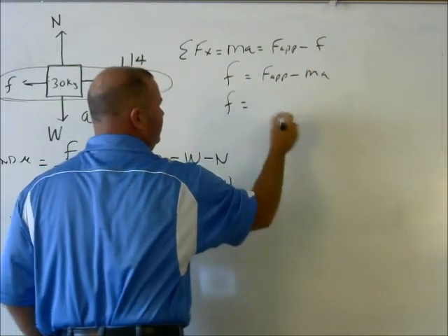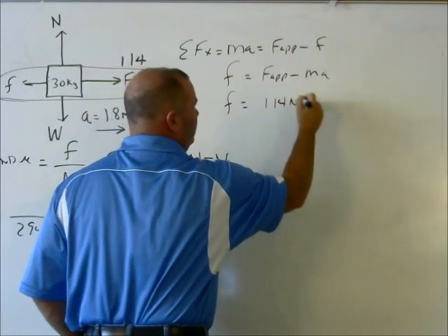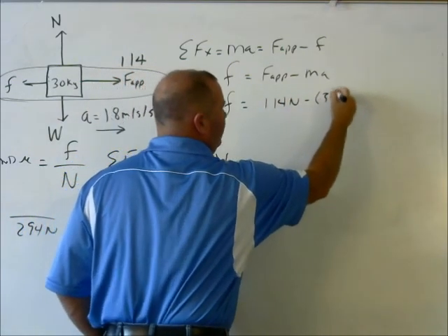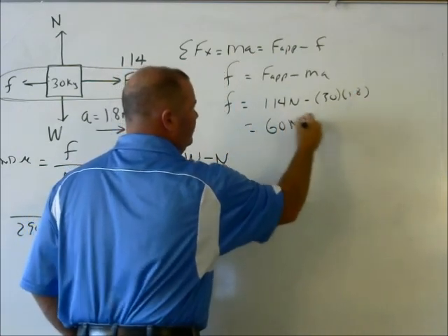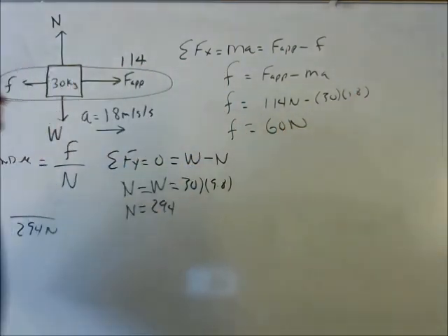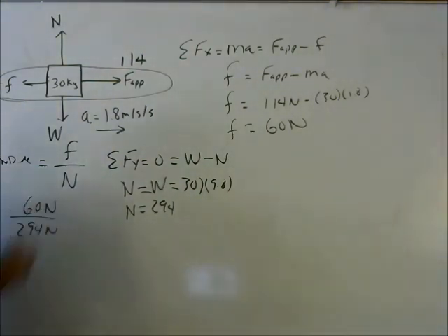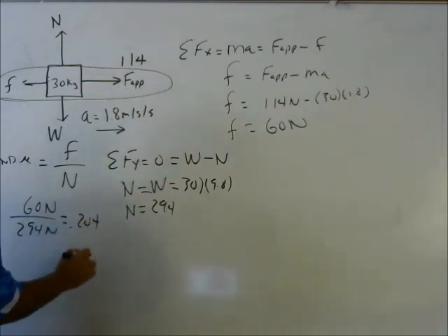So then friction should be equal to 114 newtons, my force applied, minus 30 times 1.8, and that gives me 60 newtons for friction. So once I realize that, then I put my 60 newtons over my 294 and I get 0.204 as a